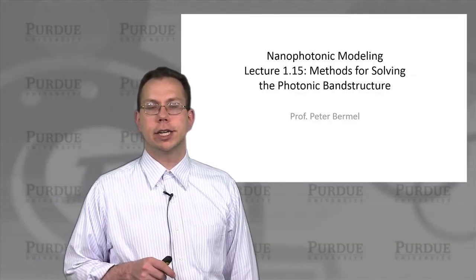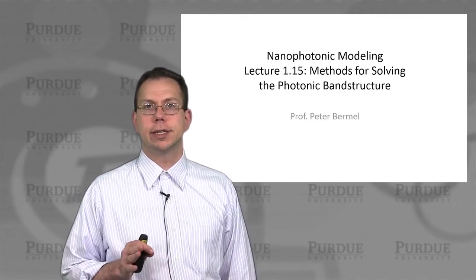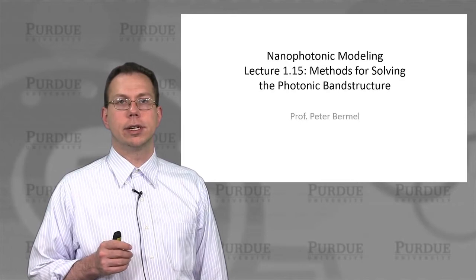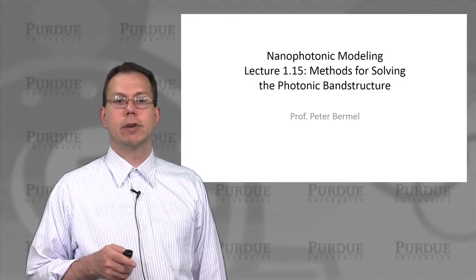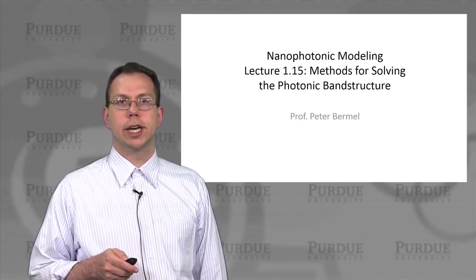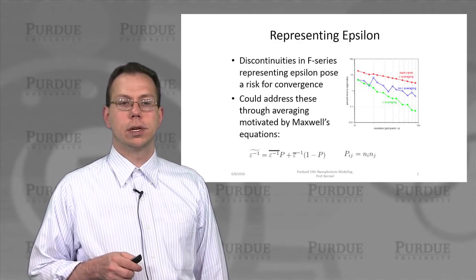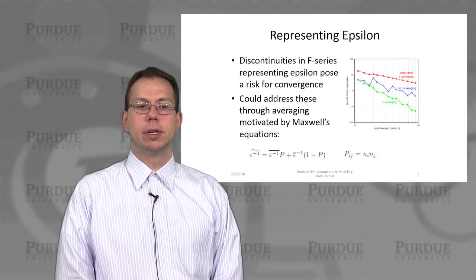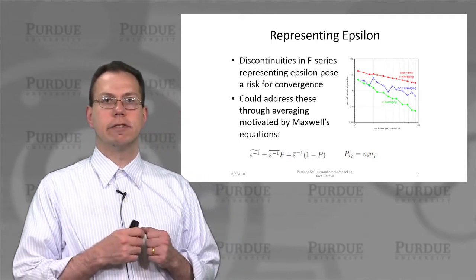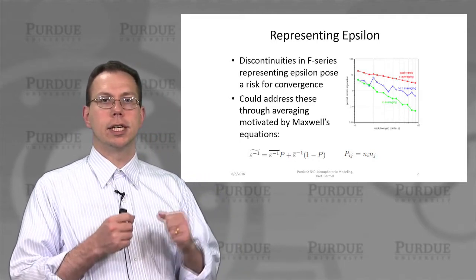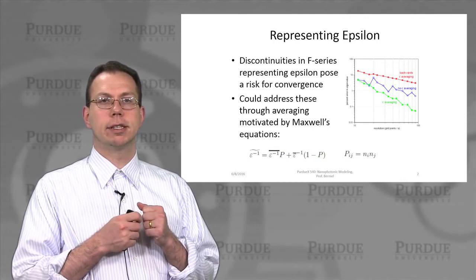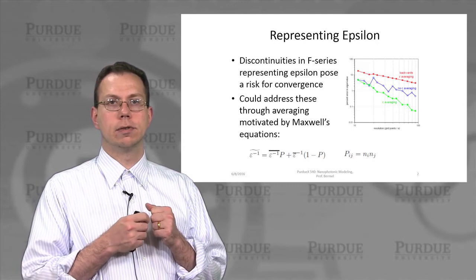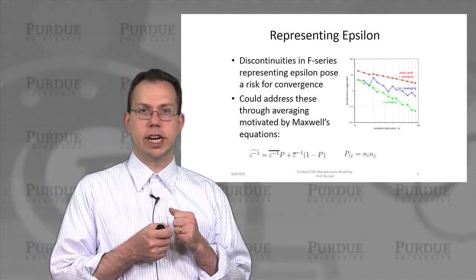Continuing on the last lecture where we discussed the basic ways to set up the solution to the Maxwell eigenproblem, now we're going to go into more details about how we actually solve it. There is one key challenge in this sort of problem. As you recall, we were using fast Fourier transforms because we could naturally represent some of the components of the Maxwell eigenoperator, which is a curl operator, in the Fourier domain.